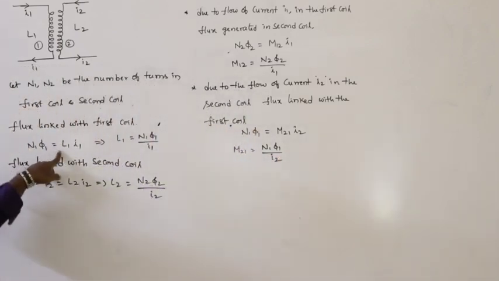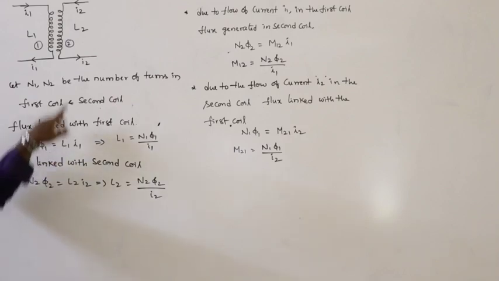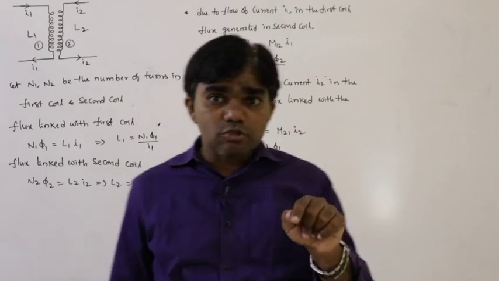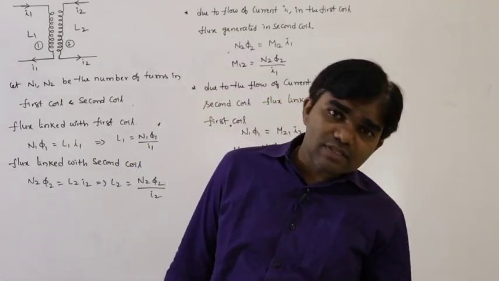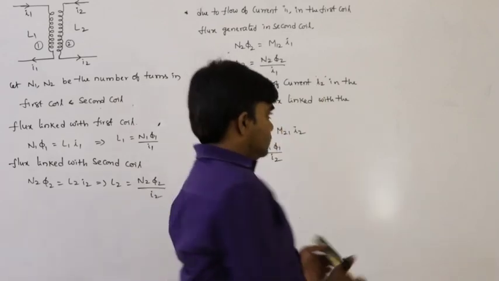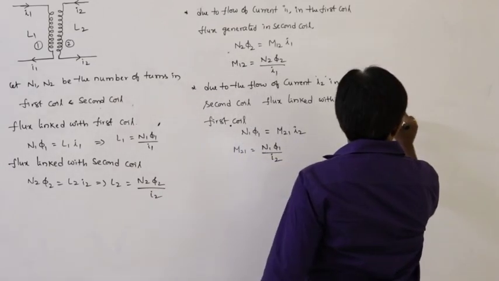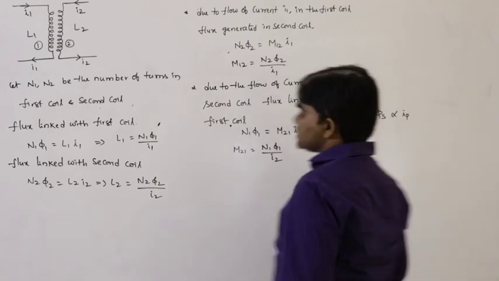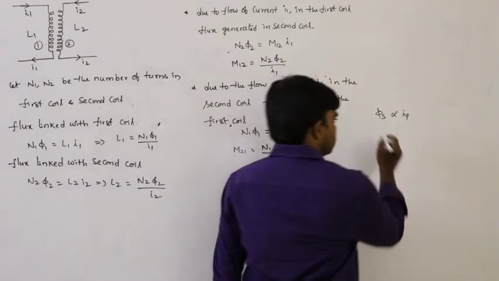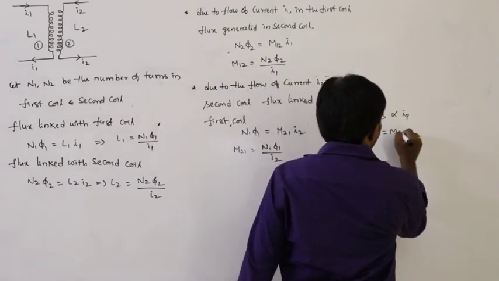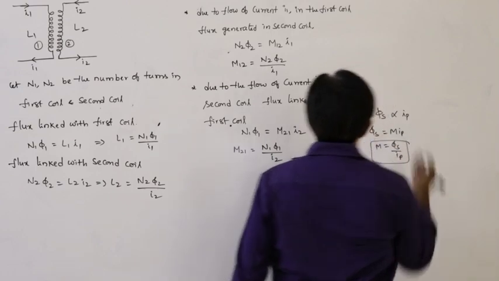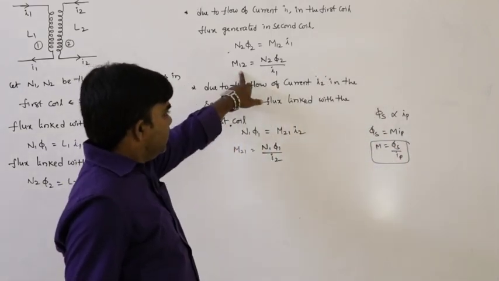So, these are the self inductances, directly we can write, no doubt about that. Mutual induction, what is the mutual induction phenomena? Due to the current passing through the primary coil, flux is linked with the secondary coil, that means phi is directly proportional to I only. So, the mutual inductance phenomenon is that the flux linked with the secondary coil is directly proportional to the current passing through the primary coil. So, from this phi s is equal to M I P, M is equal to phi s by I P. So, that is the formula, I am writing that only.